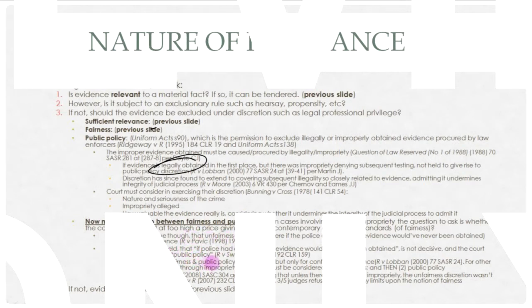Effectively then, fairness and public policy is combined, but only for the confessional evidence, and that's R v Loban 2000. For other evidence obtained through impropriety, exclusion must be considered on 1, fairness, and then 2, public policy. The court in Police v Hall 2008 agreed, holding that unless there were issues of impropriety, the unfairness discretion wasn't even enlivened. In M v R, however, 3 out of 5 judges refused to place any limits upon the notion of